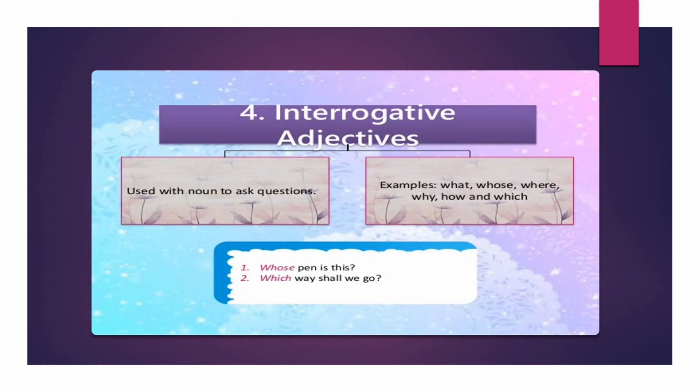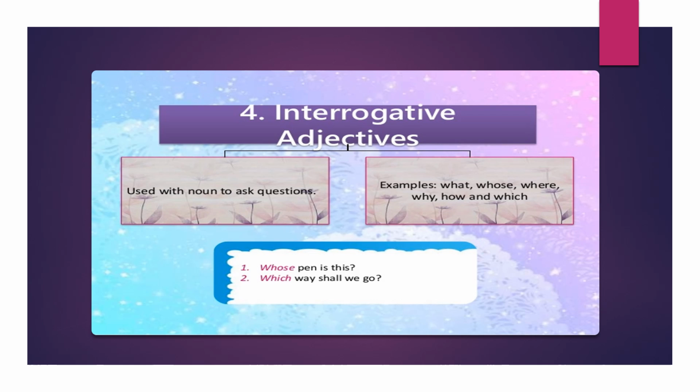Interrogative adjectives are those kinds of adjectives that interrogate, that ask certain questions from you. So question-asking words, the WH words: what, where, whose, when, whom, how, which. All these words are known as interrogative adjectives that are asking you questions about the noun. Now the main thing here is these will only be asking questions about a certain noun. Whose pen is this?